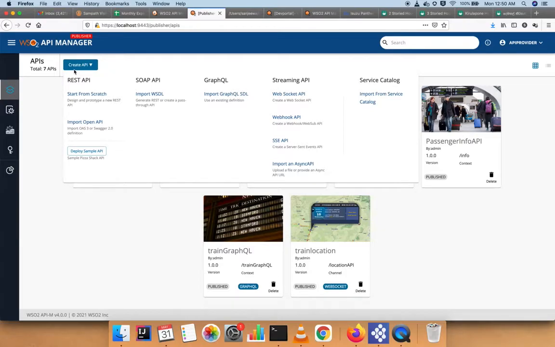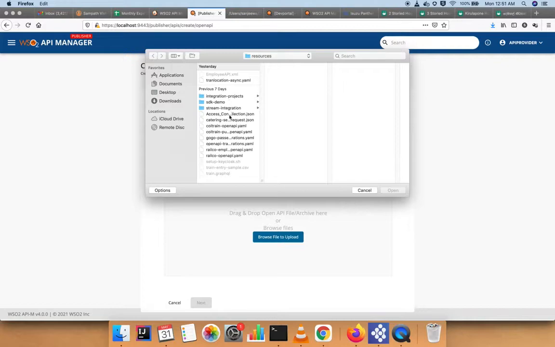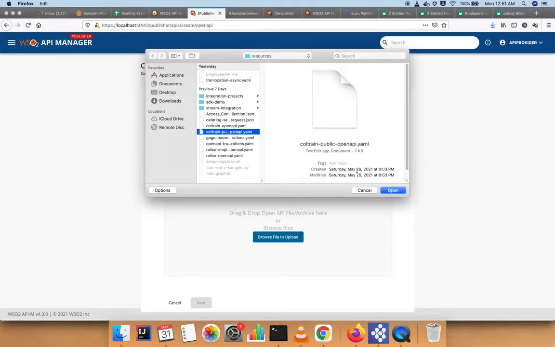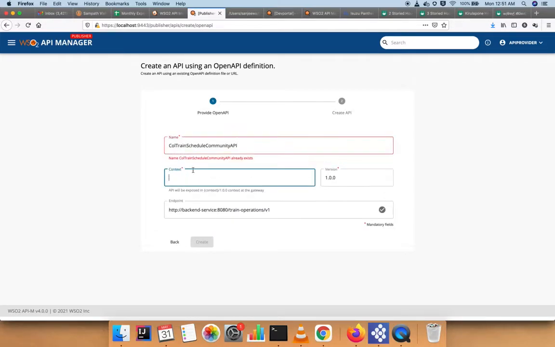So in the API Manager Publisher view, when you create an API, you can create multiple API types: REST API, SOAP, GraphQL, streaming, or an API from the service catalog. So far what we tried was the service catalog option. To cover A1, which is create an API from the OpenAPI reference, I'm going to demonstrate that now. So to start with, I'm going to go here, select OpenAPI definition, public API, go ahead with the next steps.